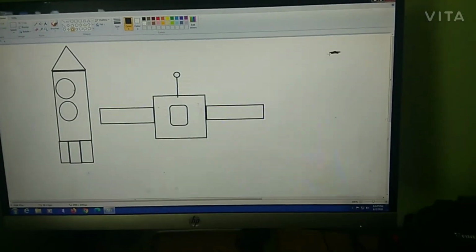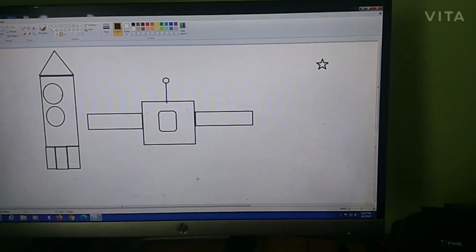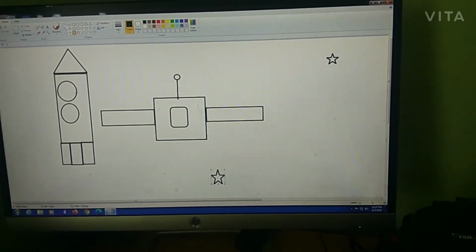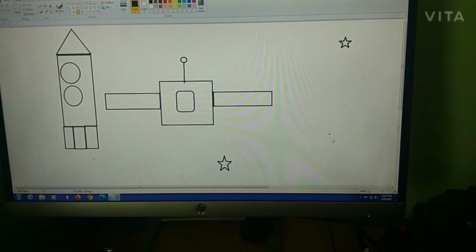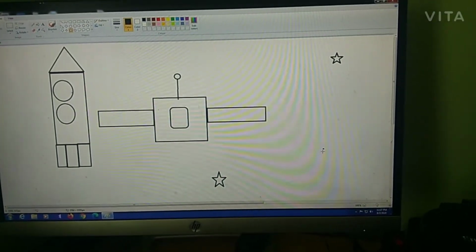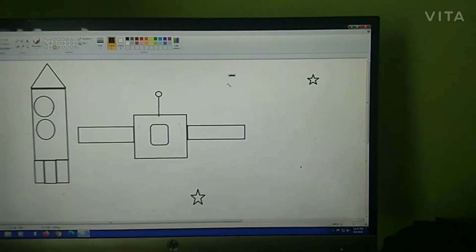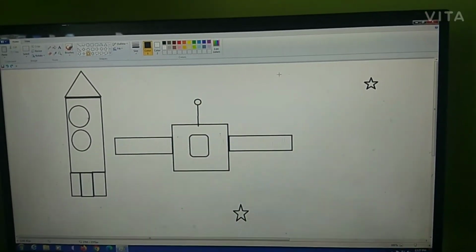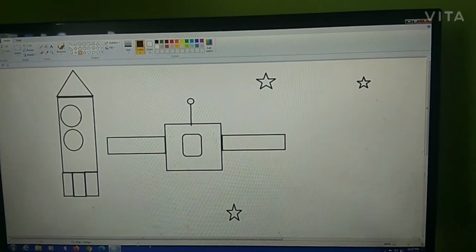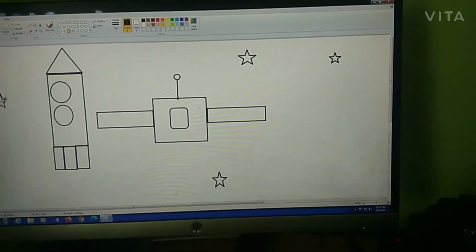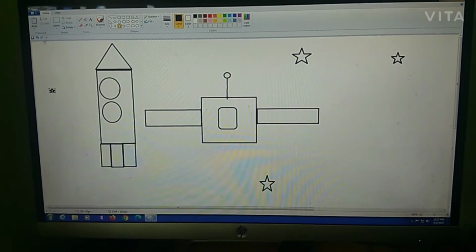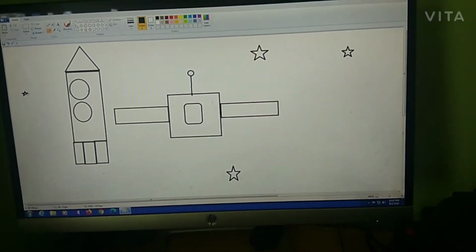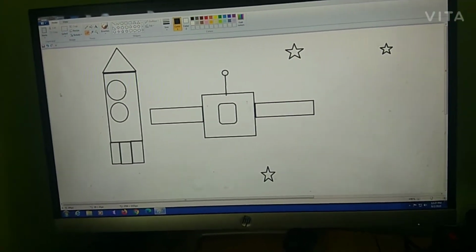Like this, small. We can make it small, large, and too small, like a dot. This one is bigger than the others, and this is the biggest. No, I will not do this. I will erase this. Okay, fine. You erased it.